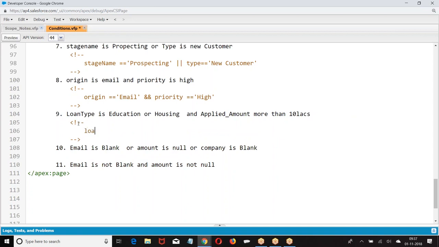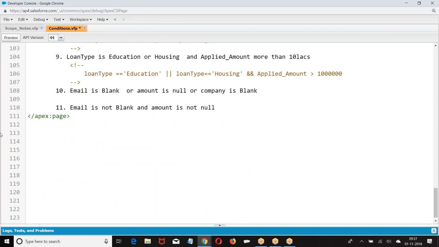Then loan type is education or loan type equal to housing and applied amount greater than.